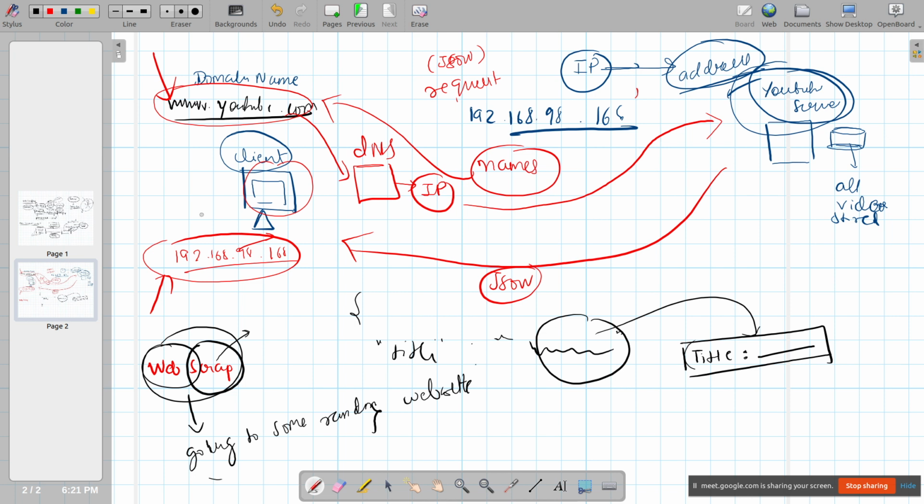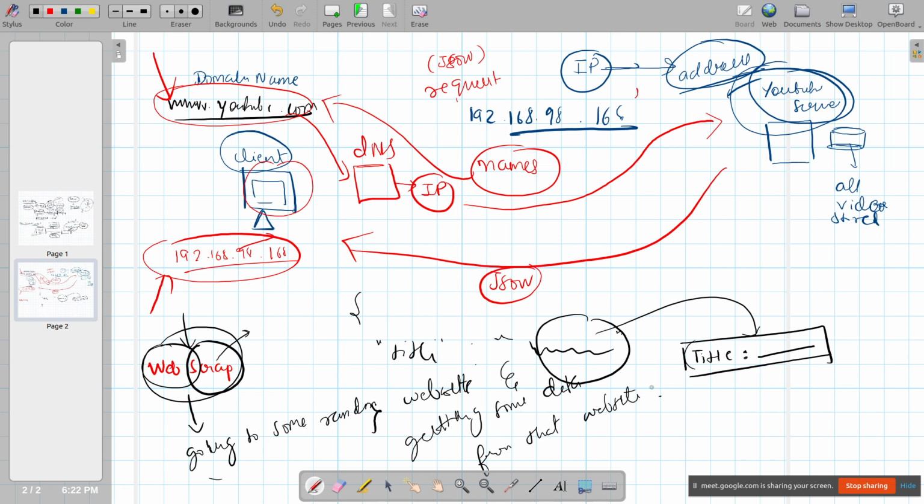Slicing some part of that website is called web scraping, or getting some data from that website without its permission, without telling them. So going to some random website and getting some data from it. That is called web scraping.